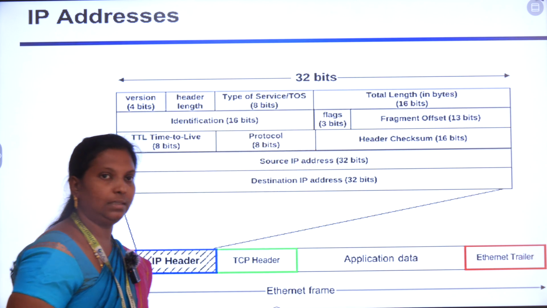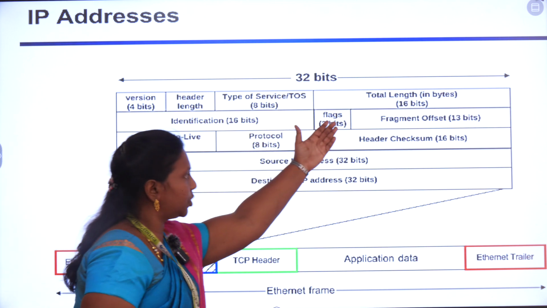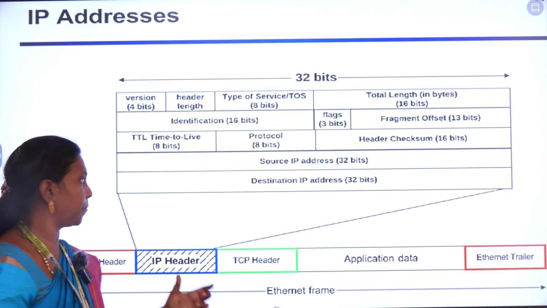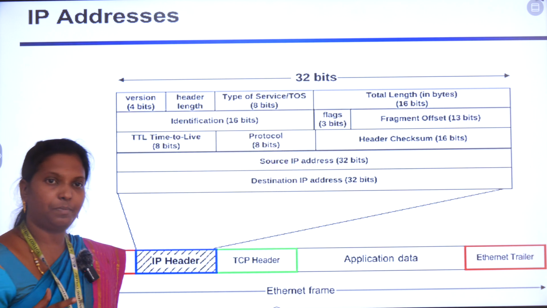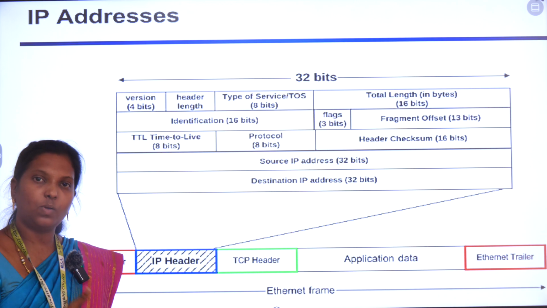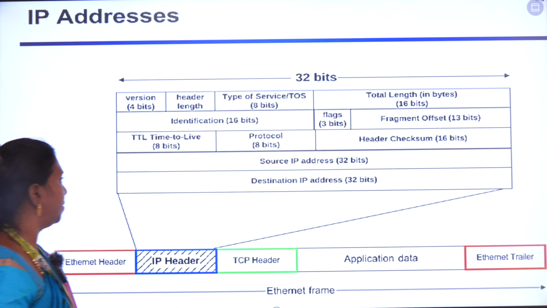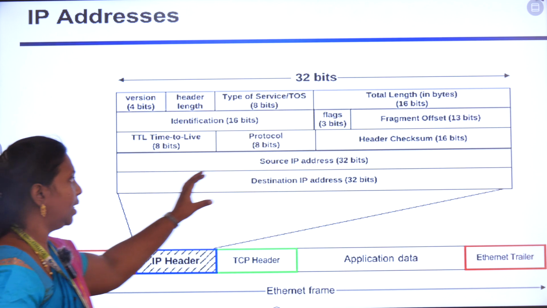Then the total length. So if it is going to be 82 bits or 32 bits in length, it should be mentioned how long the length will be, enclosed here. Then we have identification and flags that present the offset of either zeros and ones, and then we have a fragment offset. After that we have the protocol and how long it will stay in the organization, and the header